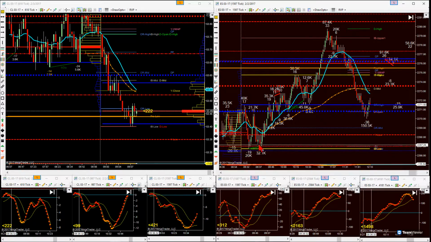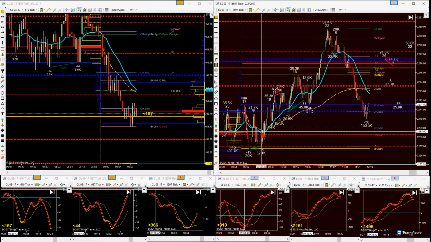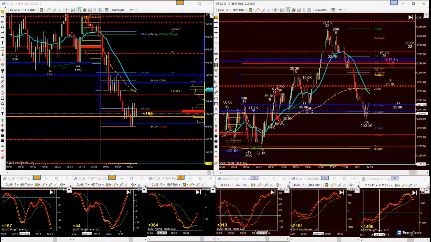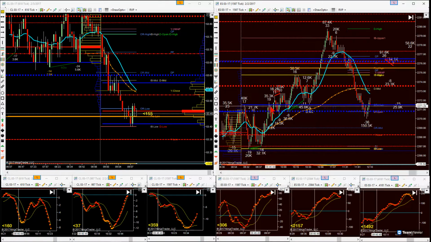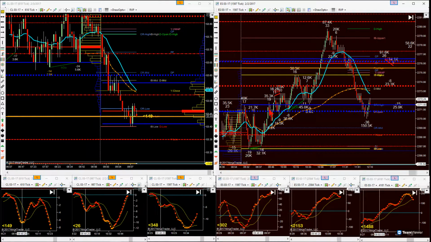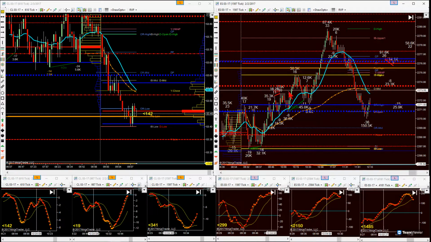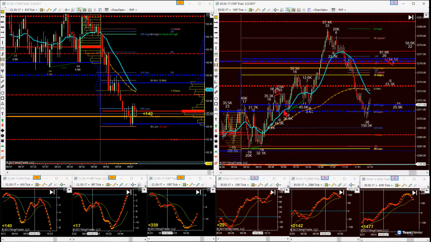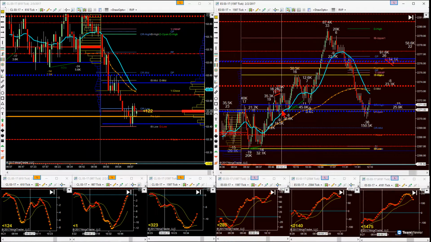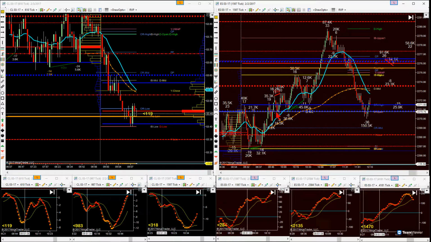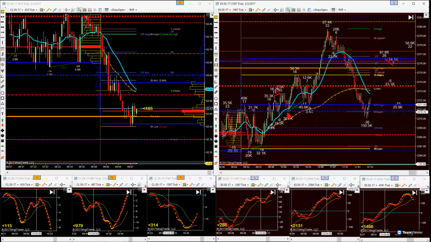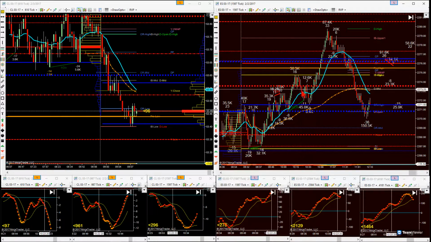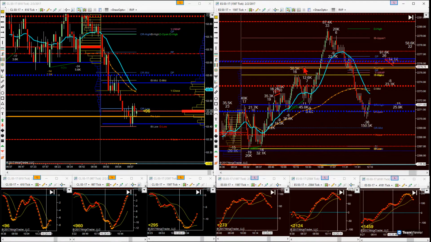Not great divergence at that point, so that might have been cause for hesitation. Then we get above the value area low of the prior day, and we come and we test VPOC. VPOC holds for a little bit, pull back to value area low. Here's actually another nice, decent trade opportunity right there. Could be actually at either one. This quick pullback here might not be a big enough pullback for my taste, but second test of it down here, that is a nice one where we come and we break through VPOC,